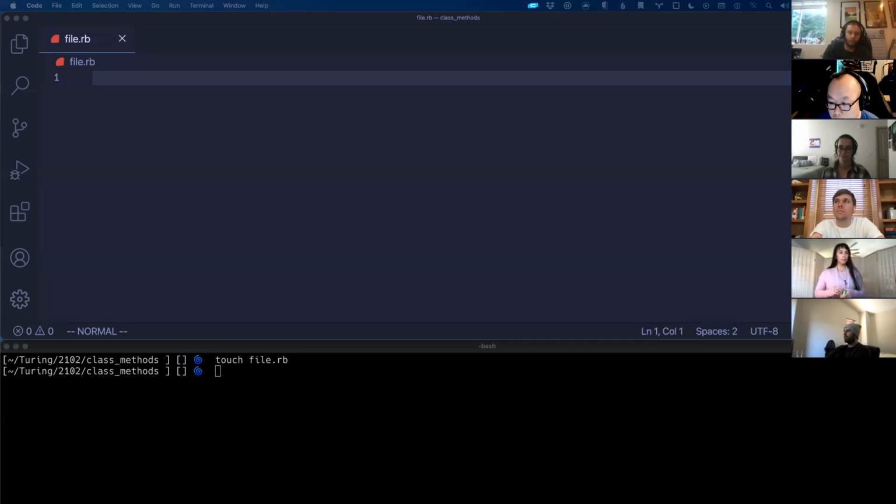Versus if you instantiated an instance of a social media person and then said get ID, it would just give you their ID. The one thing that I brought up that I noticed when playing with some of these